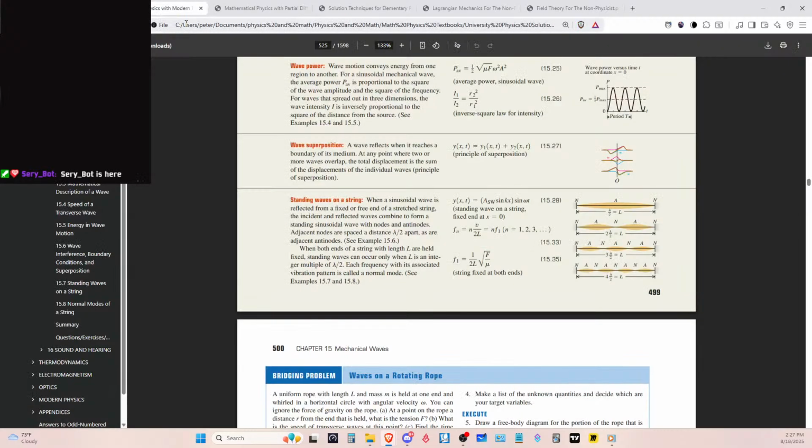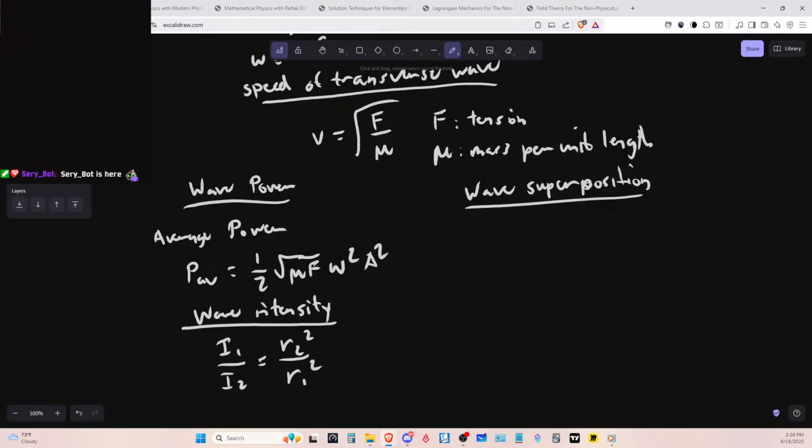What does that mean? A wave reflects when it reaches a boundary of its medium. At any point where 2 or more waves overlap, the total displacement is the sum of the displacement of the individual waves. Principle of superposition, okay. And the way they wrote it was